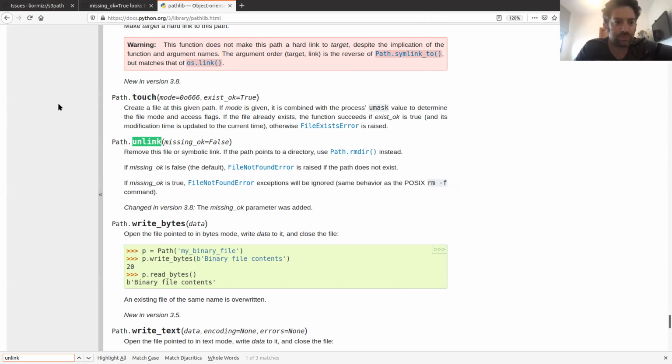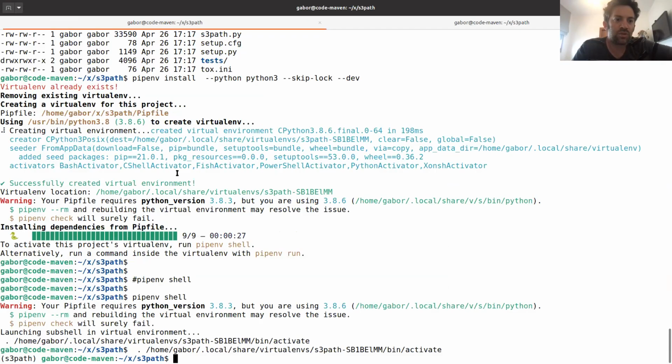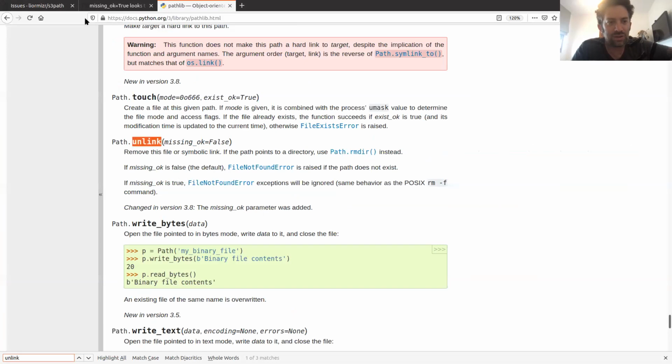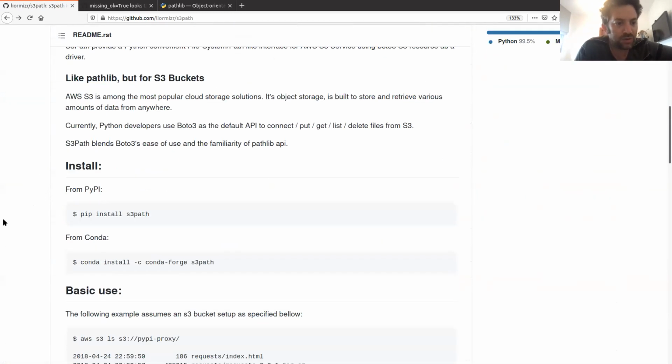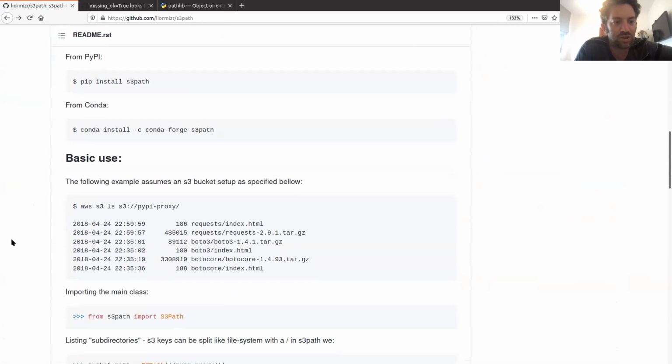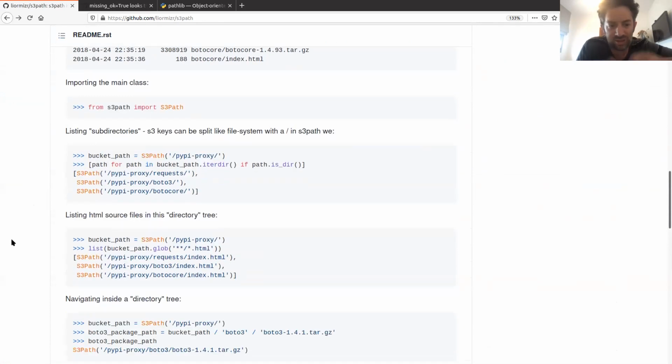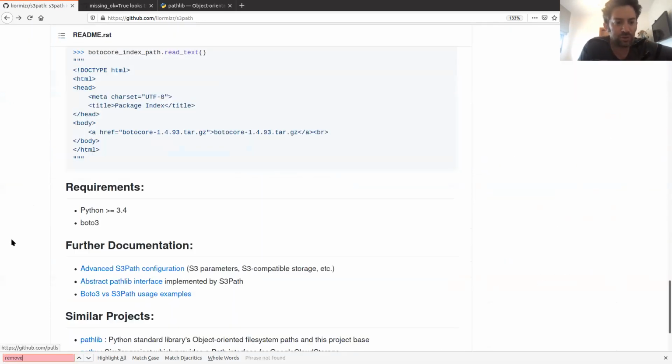Okay, great. Before we continue, let's check our documentation and see if we need to go down. I have a specific documentation, in exactly the same format as pathlib.